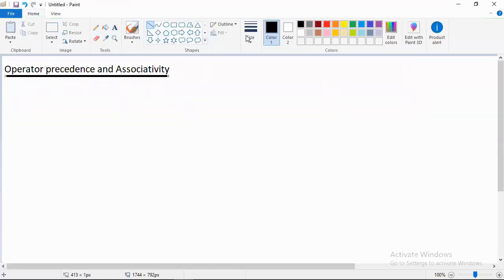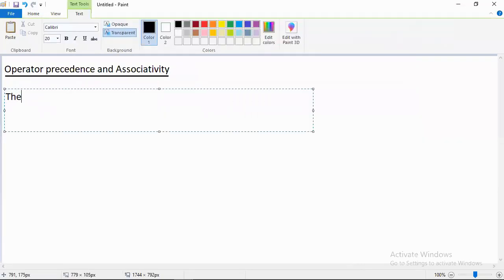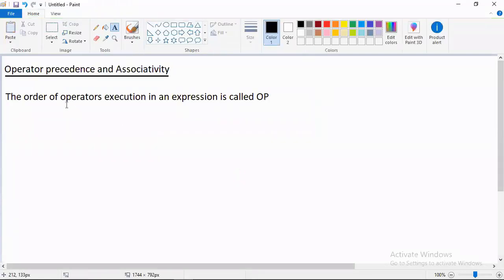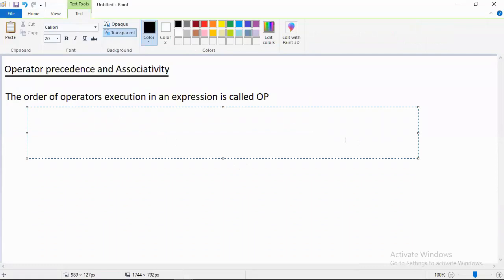Then what is the meaning of operator precedence? The order of operators' execution in an expression is called operator precedence. For example, I am preparing an expression with a combination of several operators.